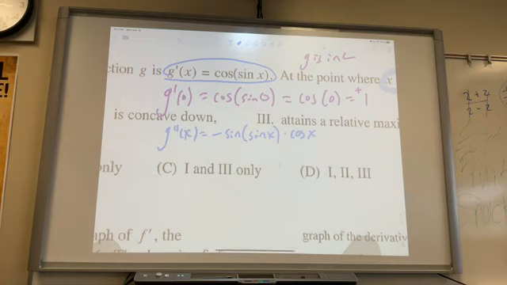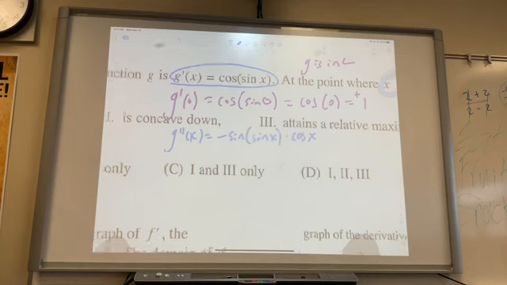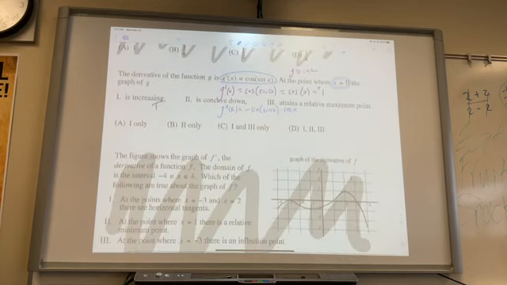Could you find the integral of that at the same time? There's no integral. That's what I thought. It wouldn't make sense. Okay,